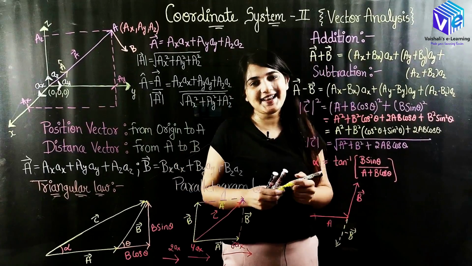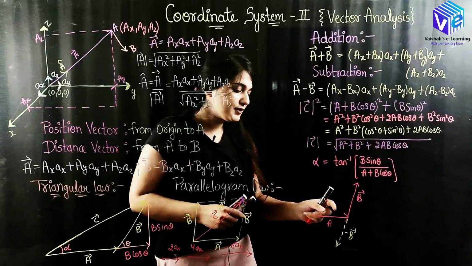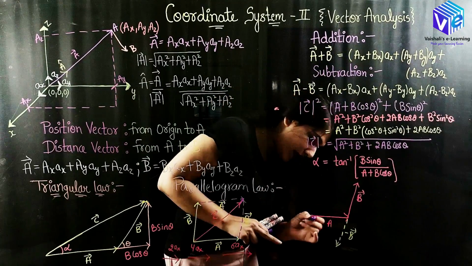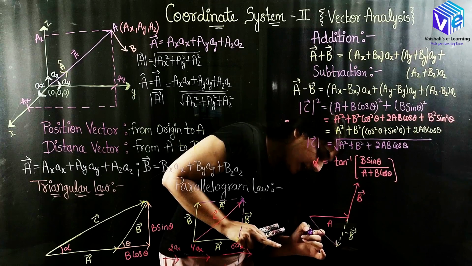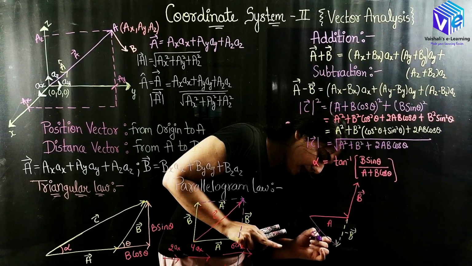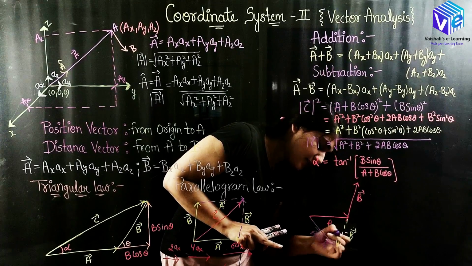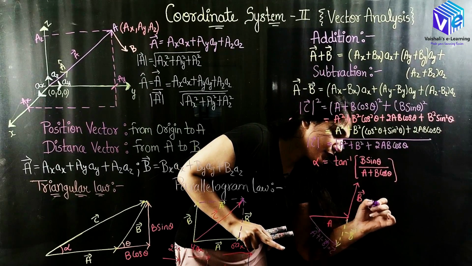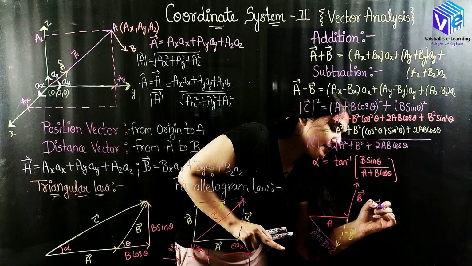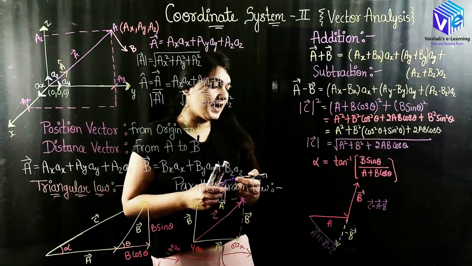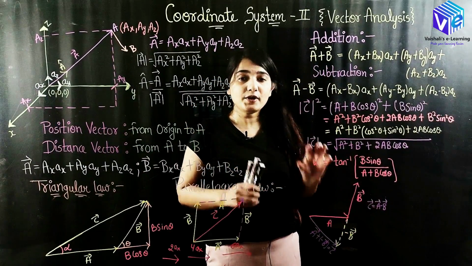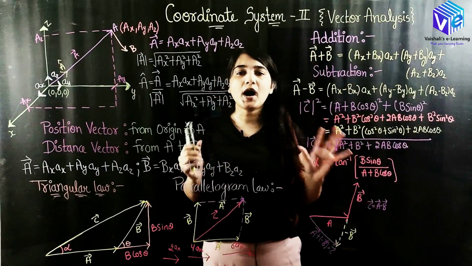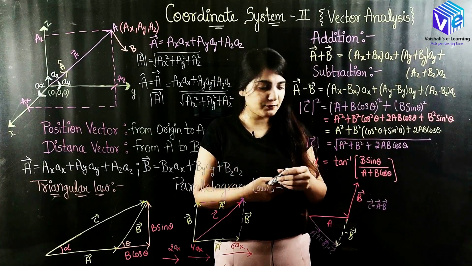Now I have A vector, I have minus B vector. Here you can see again I can apply the triangular law and I can find out A vector plus minus B vector, which is equal to C vector. So C vector in this case is equal to A vector minus B vector. This is how I can find out the resultant, which is the subtraction of the two vectors. I hope now you understood how I will be using the addition and subtraction operation.